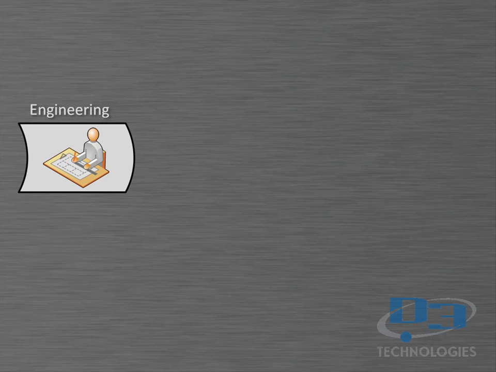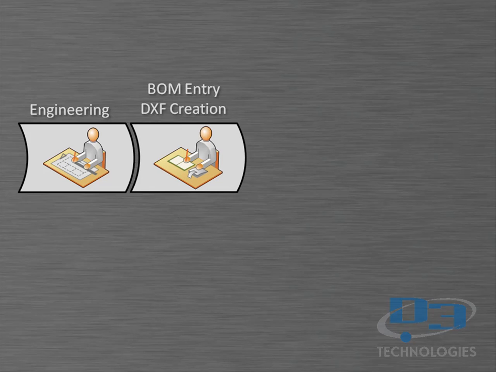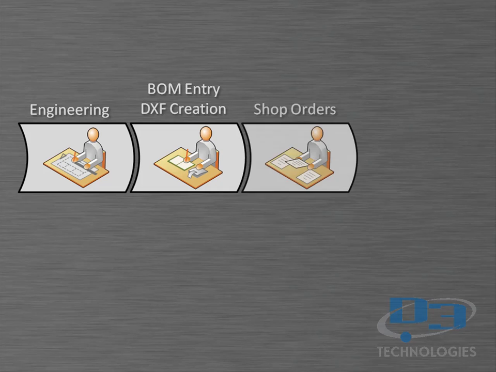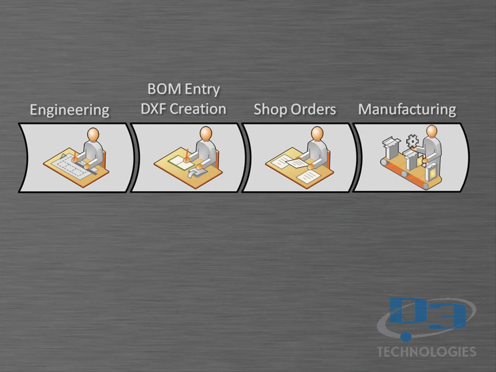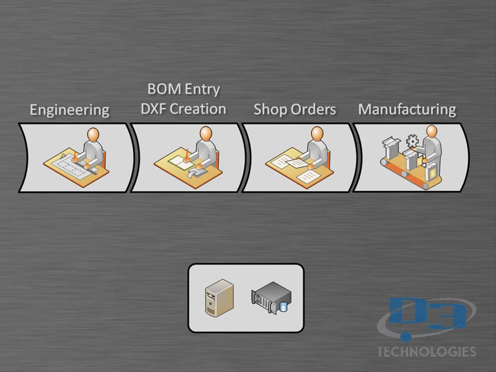The next functions are largely translation functions, taking the design information and translating it into another form. Translations such as bill of material entry for ordering purposes, DXF file creation for CNC machines, and shop order creation to communicate, in an organized way, the instructions to the shop personnel of what all it takes, the how, the when, and the where, to make the designs come to life. The unfortunate truth is that those translations by different team members often require manually interacting with an existing computer system